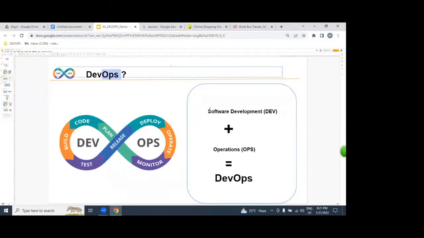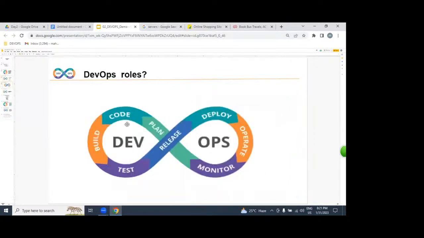The combination of software development plus operation we call DevOps. That means we are part of coding, build, test, release, deploy, operation, and monitoring. Our roles and responsibilities start from the dev environment and end with operations, meaning production.